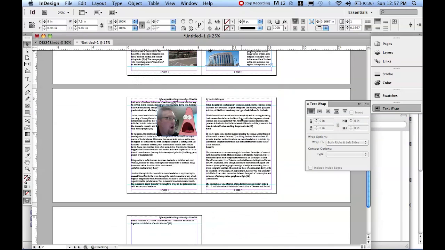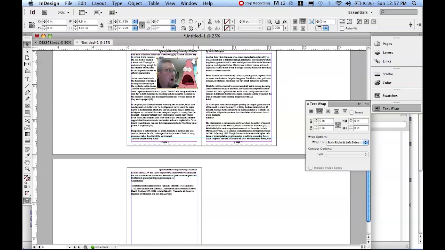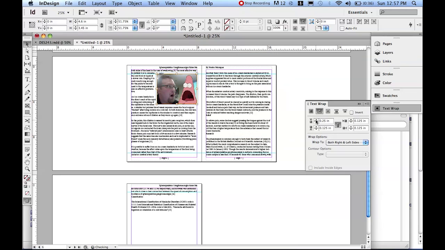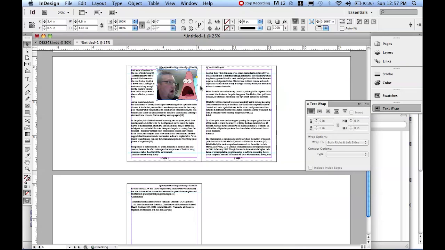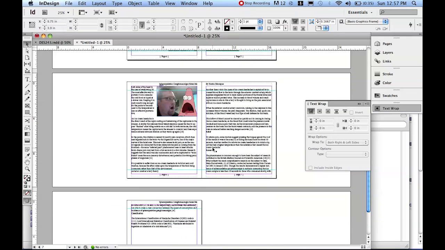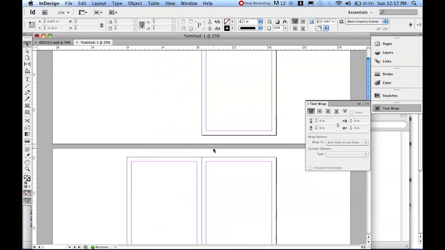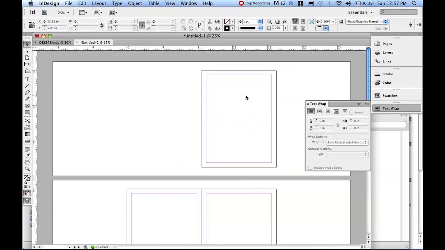So, anyway, that's right there. And then, same thing right here, we're going to go ahead and click it. Let's space it out just a bit. Alright, so now we have pictures and things, and we're starting to look more like a decent little book. So, anyway, let's go ahead and jump back over here to our main book